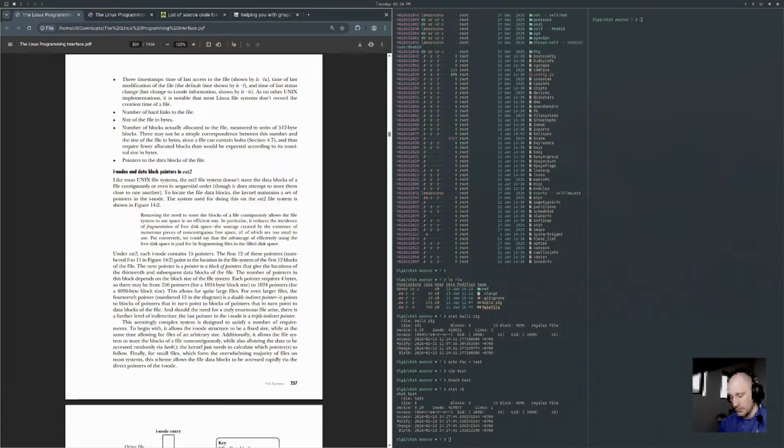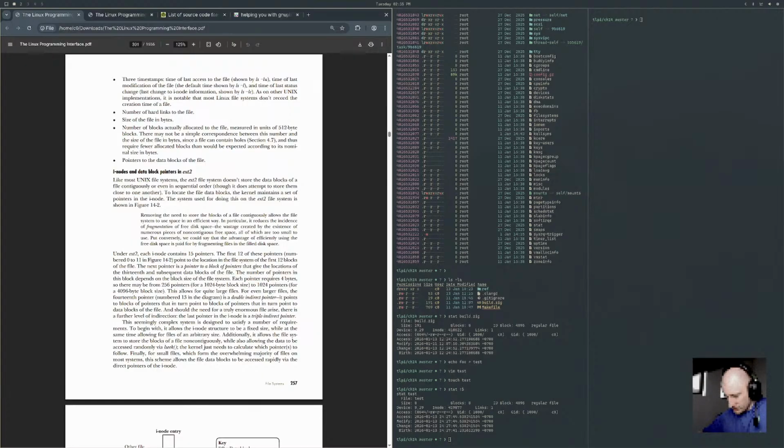Each pointer requires 4 bytes, so there may be from 256 pointers for a 1024 byte block size to 1024 pointers for a 4096 byte block size.